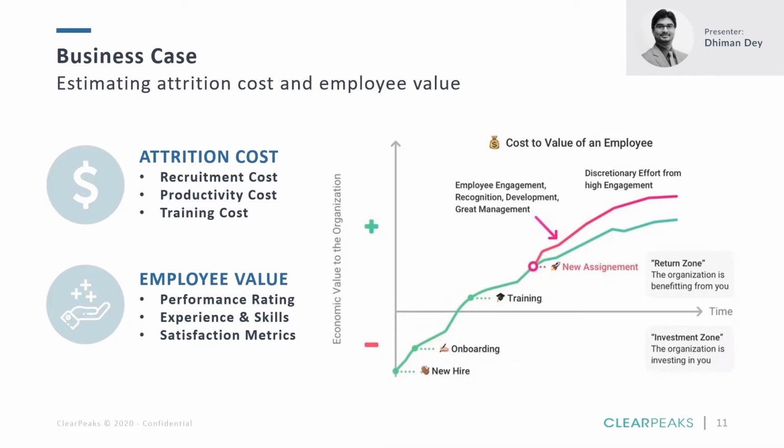Okay, so it can be certain direct costs, certain indirect costs, and some long term and tactical costs as well. So for example, how do you calculate cost? So there are different aspects of attrition cost impact that you can consider. Number one is the recruitment cost associated after you see an employee leaving your organization. Second is something of a subjective term to it, like productivity cost. So what we mean by productivity cost is, let's say you have a sales personnel leaving your organization. To bring a new hire, to make them at the same level or at the same productivity of the person leaving your organization, takes a little bit of time.